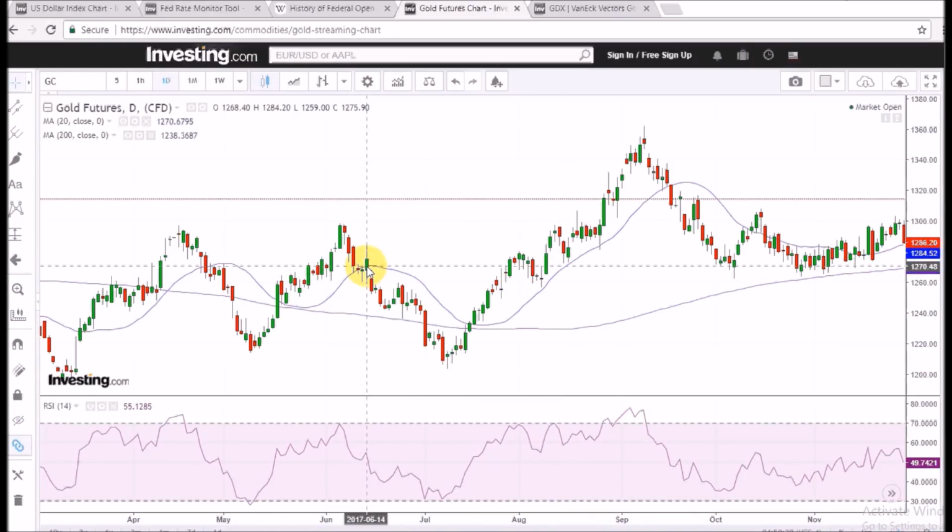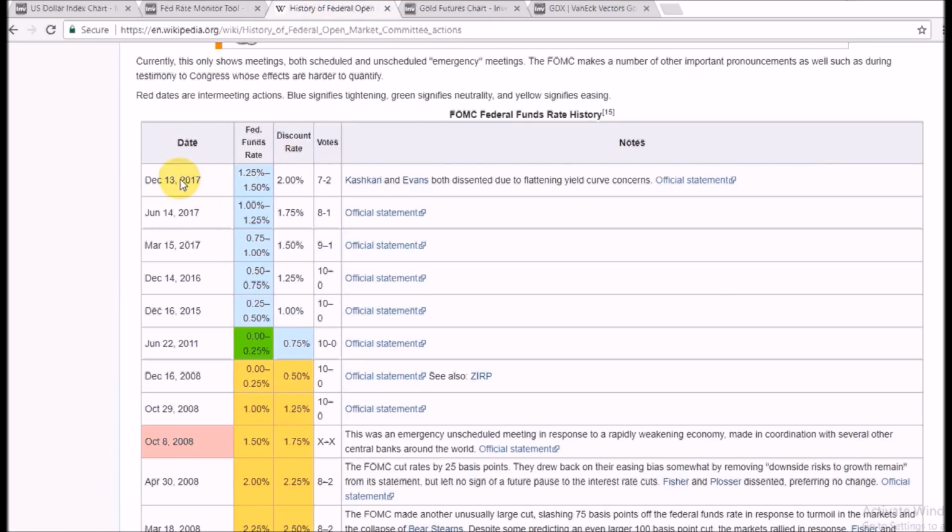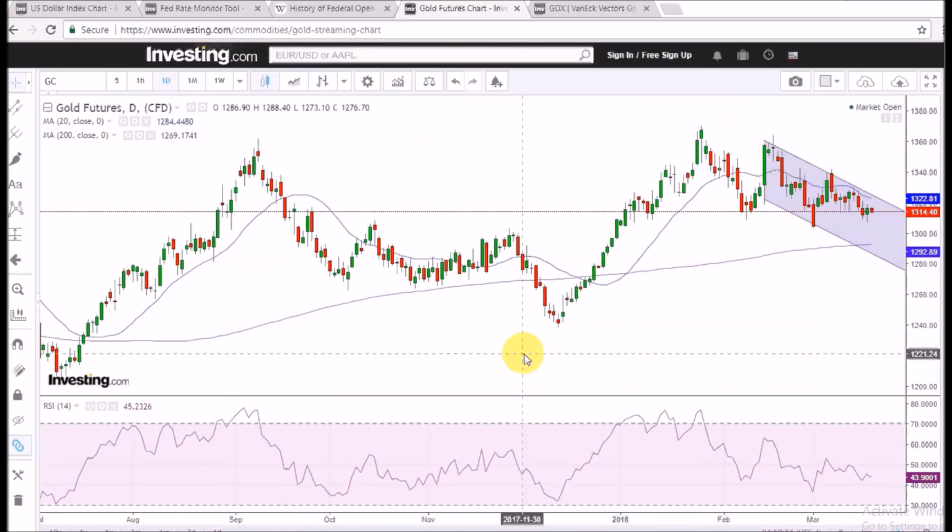But nevertheless, this is the mid of June, and this is the second half of July. After just over a month, gold came back to where it was on the day of the rate hike, and after another month it was considerably higher. And lastly, 13th of December 2017, right, here you go again, same thing happening: expectation of a rate hike and gold moving higher.